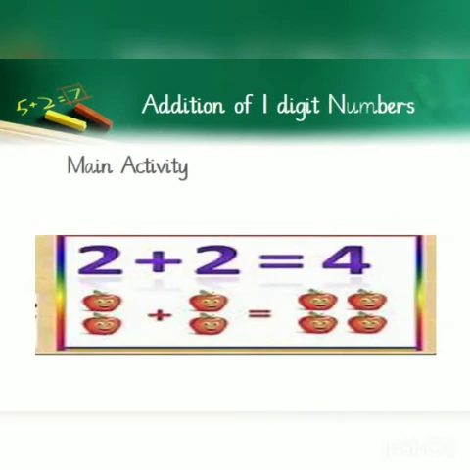Alright children, moving towards the next part of the lesson, that is the main activity. We will discuss another example with the same item, apples. In this picture you can see 2 apples are placed and 2 more are added to it. You can see the addition sign in between. Yes, this is a plus sign, and after this you have to add these number of apples, 2 apples and 2 apples. The total number of apples is 1, 2, 3, 4. Yes, you will count and write down your answer, the total number of apples. And before the answer, there is a sign of equal to. This sign is called the equal to sign.